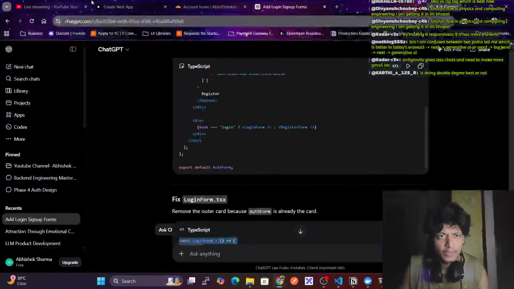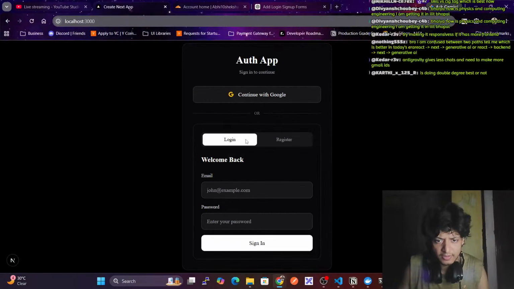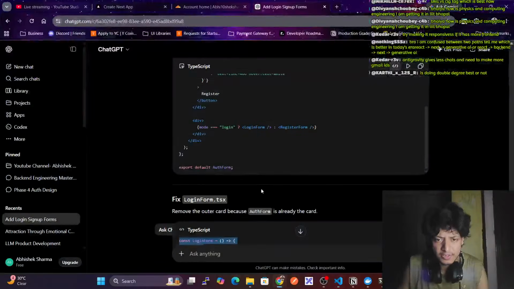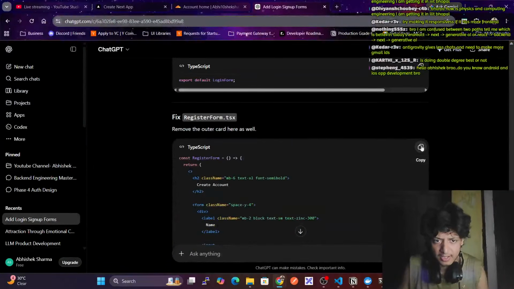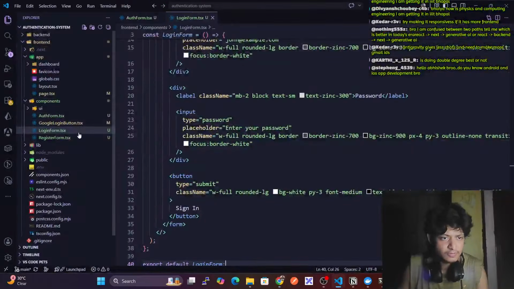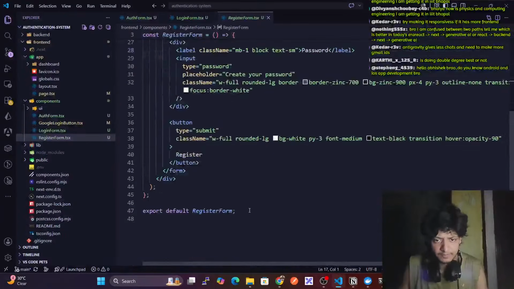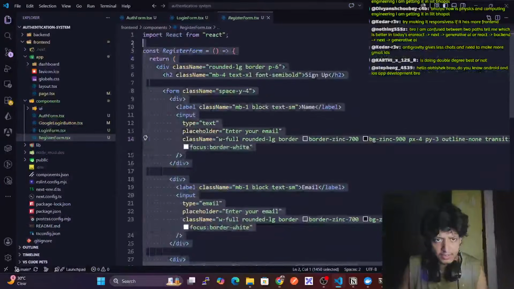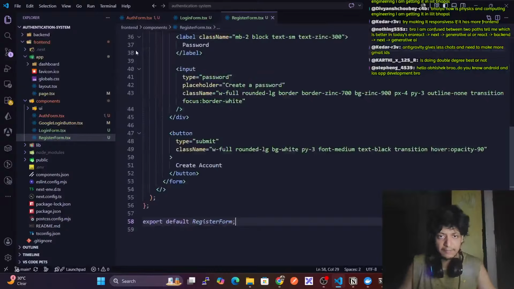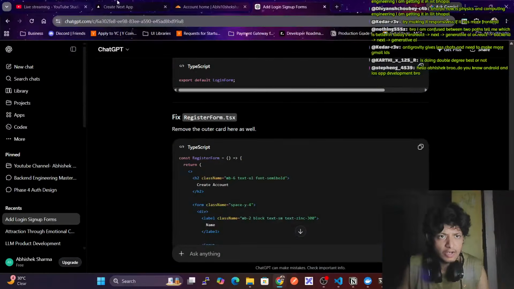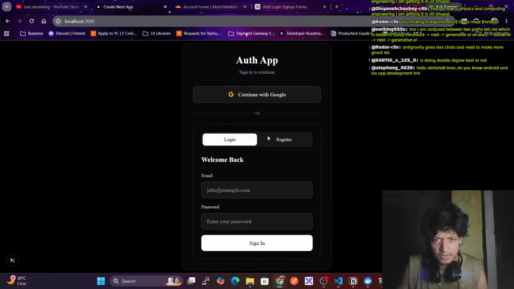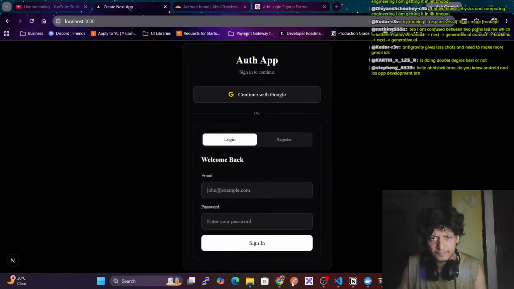Okay, we have this login register. Also in register form, what do we have? Yeah, we have this register form as well. Register form, put this here, register form here. Okay, and paste this here. Now if I go, we have this register login. Okay, so if I go to my API,